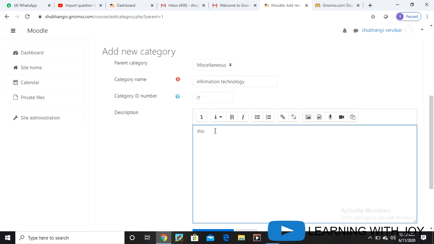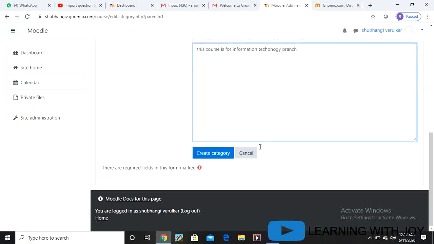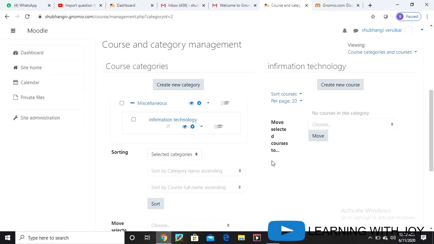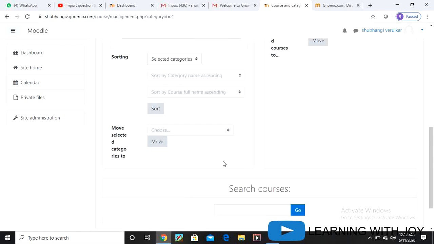This course is for the information technology branch. Create category. So the category is created, information technology.